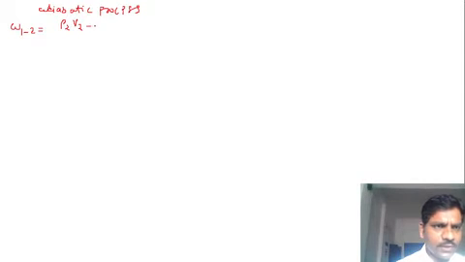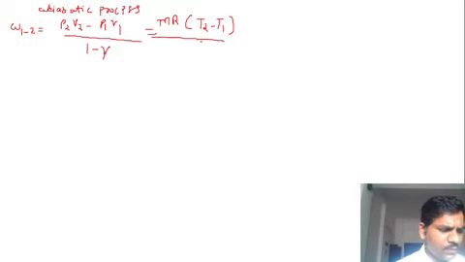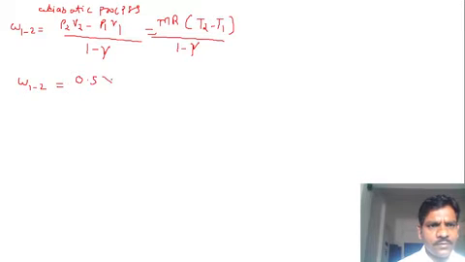P2 V2 minus P1 V1 to the power is upon 1 minus gamma. So we know MR formula modification: T2 minus T1 upon 1 minus gamma. So put the values: W1-2 is equal to what? M is how much? It is 0.5. R is given, how much? It is 0.287